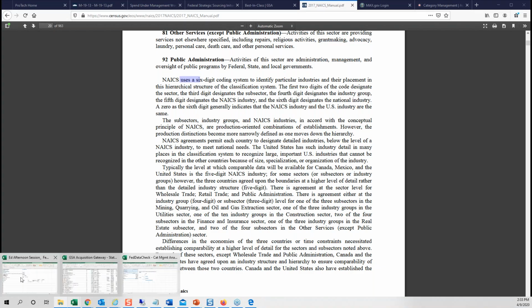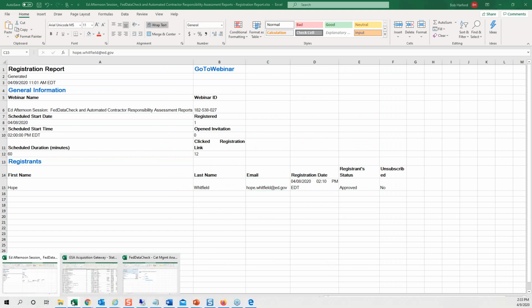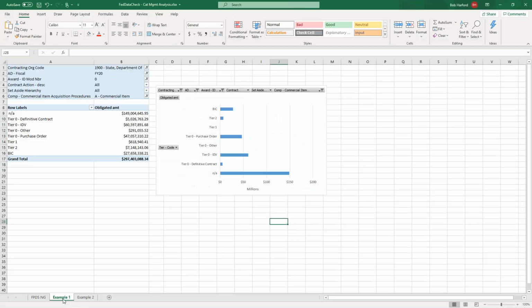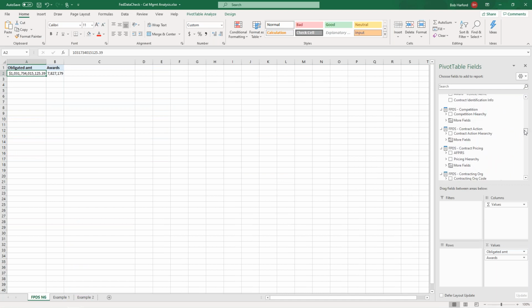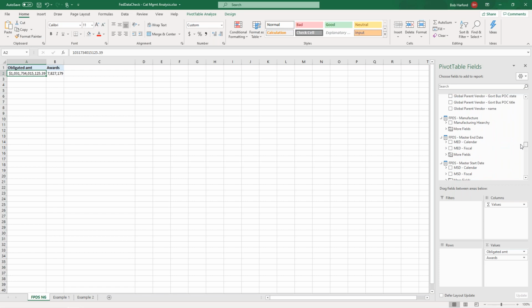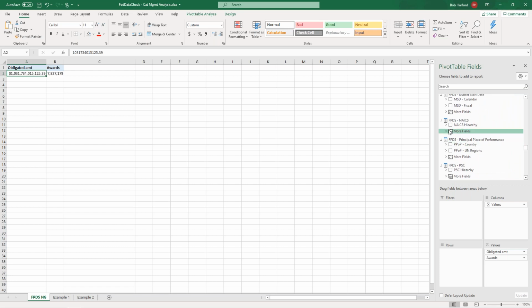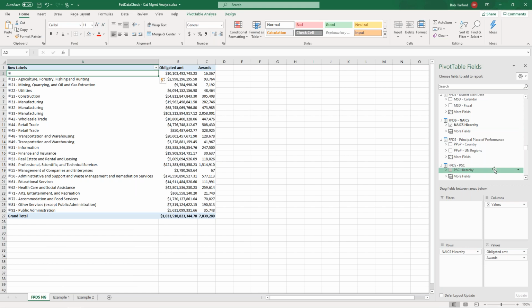I wonder if it would be useful to look at, if I can just make a copy of this. I can go here and come down to show you that chain of 5416 NAICS codes and show you the hierarchy there. This is our FedDataCheck Excel analysis tool.